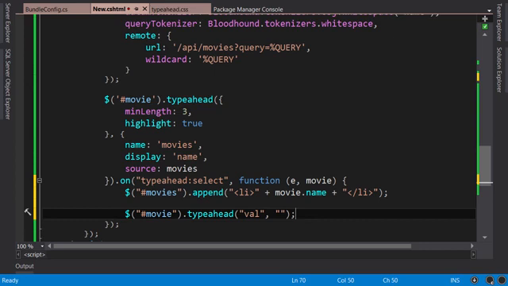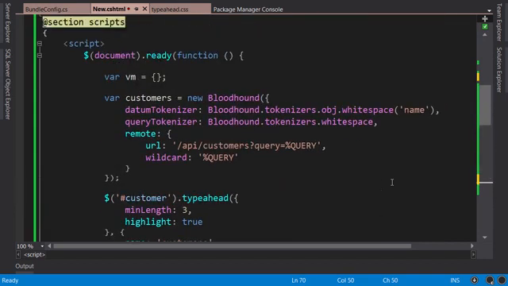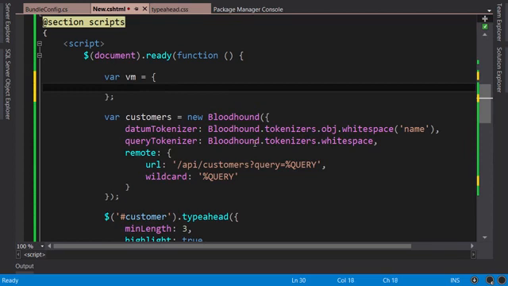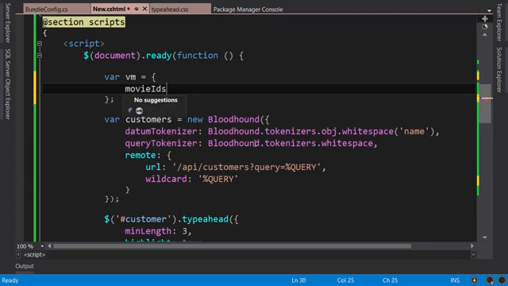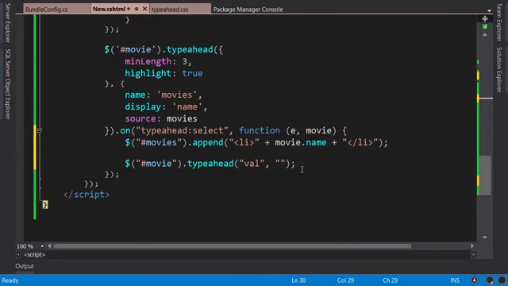Second, we want to store this movie in our view model so we can send it to the server later. So I'm going to go on the top. Here's our view model. I'm going to add a property here, movie IDs, and initialize it to an empty array so we can push objects to it. Otherwise, we're going to get an exception. Now, back in our callback function,